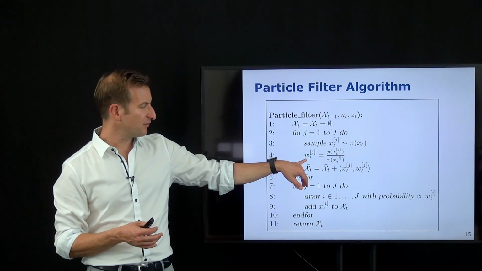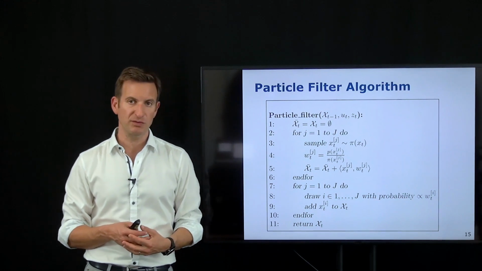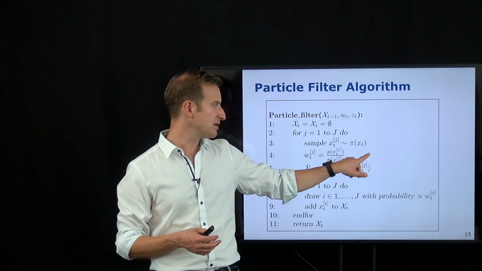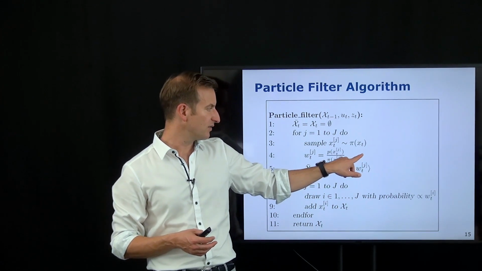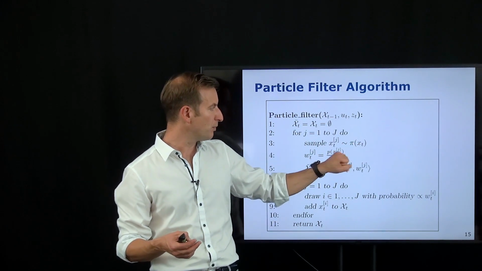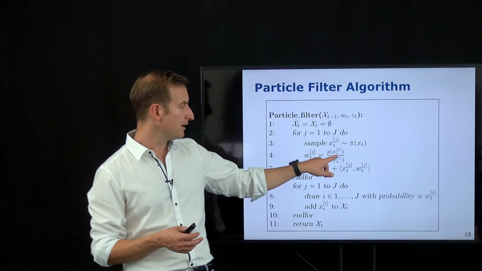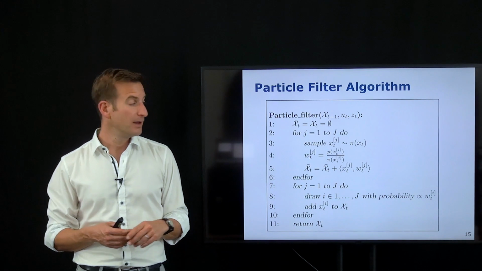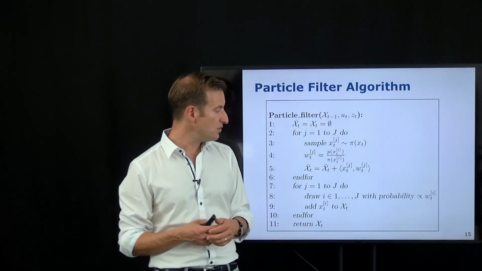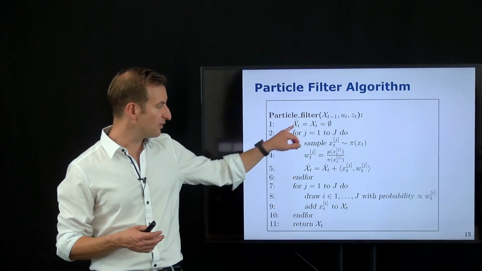And then the next step for that sample is the weighting step, taking my target distribution divided by my proposal distribution. Here typically I have to sit down and do some math and write down how that actually looks. In most cases, if you use the motion model for the proposal, this will lead to a weight that is proportional to the observation model. So I can compute my weight. And then I add my weighted sample set to my new temporary sample set, x bar over here. And I'm just repeating this and adding samples.